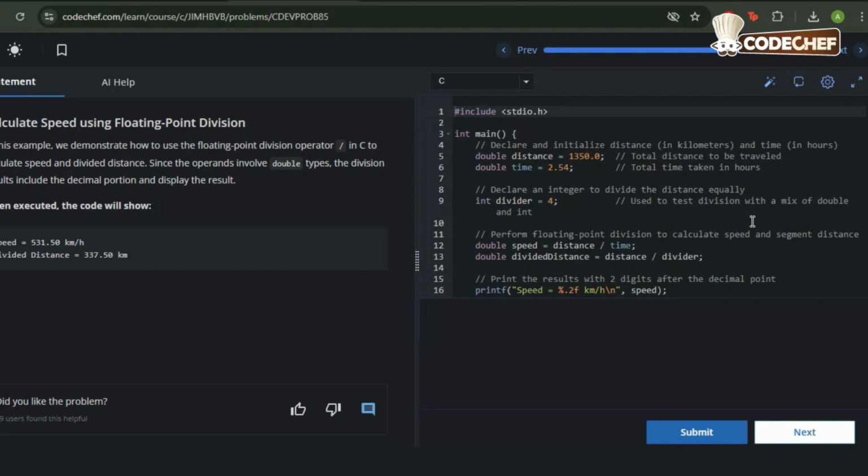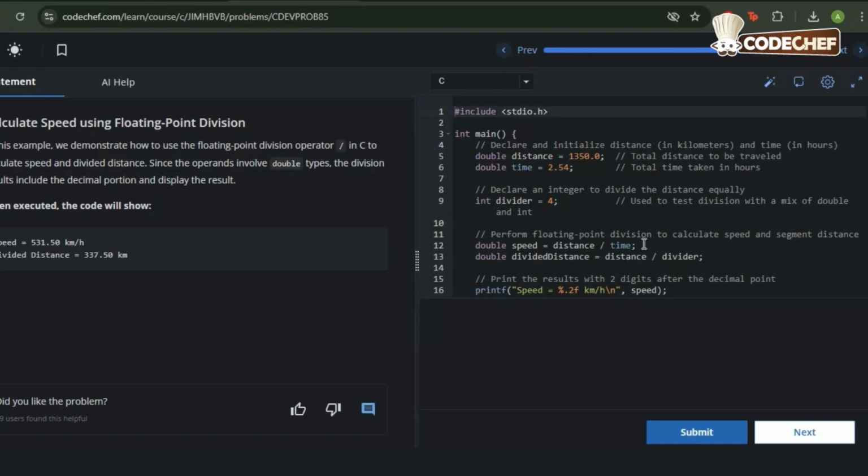The calculation becomes 1350.0 divided by 2.54, which comes to about 531.496062 and so on. Double speed here means we store the result in a double variable, and speed now contains approximately 531.496062. The full precision is stored in memory, even though we'll display fewer decimal places while printing.